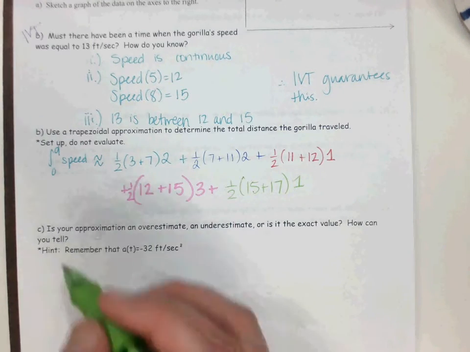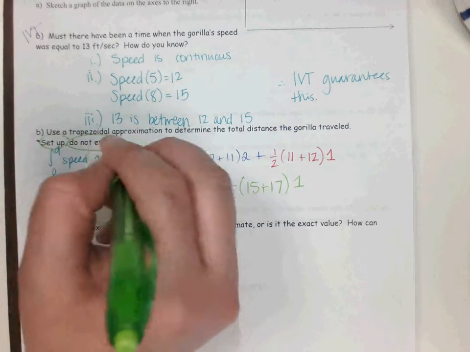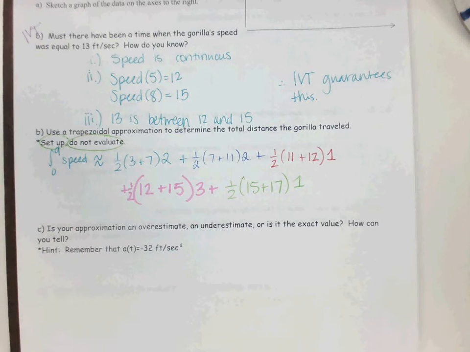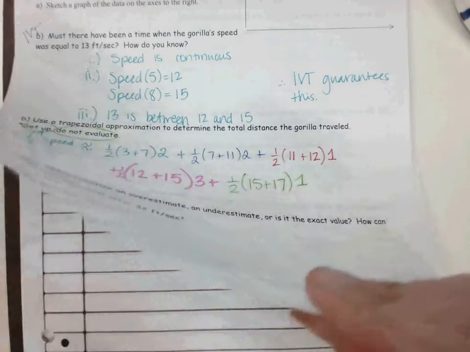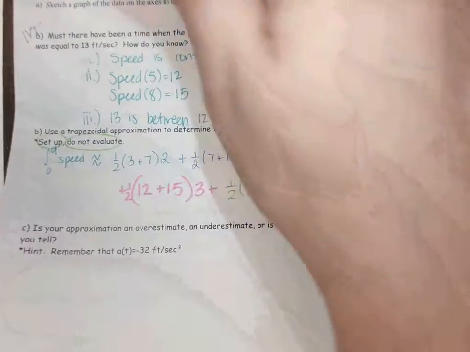Now, again, set up, do not evaluate. Same thing on your homework. Set the integrals up, or the Riemann sums or trapezoidal sums, but don't actually click, click, click in your calculator. Waste of time. Don't bother. Okay, got it? Let's do one like that off your homework 5. So, homework 5, we're going to do number